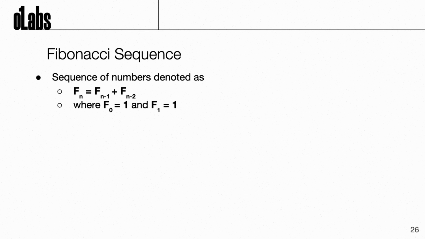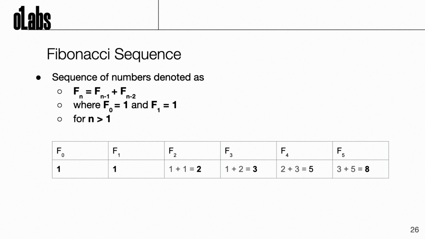So what that means is we start with two numbers at the very beginning, f0 and f1, both equaling 1. There's also definitions where f0 is 0 and f1 is 1, but we just go with these start values. For n greater than 1, we simply apply the formula at the very top, and this allows us to generate a sequence. Looking at the table below, that's just a quick example going from f0 to f5. We always take the previous two values and add them together to get the next one. Then we go one step ahead, take the previous two again and add them together, and we just keep doing that.